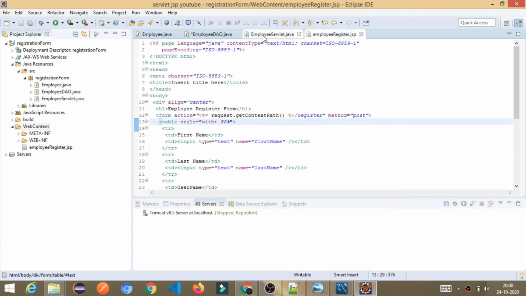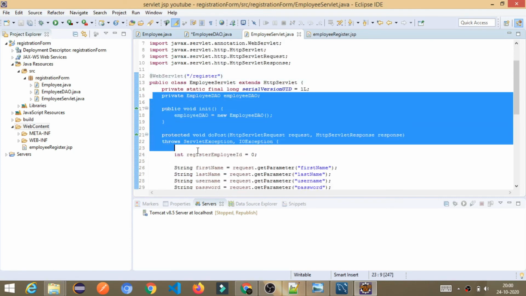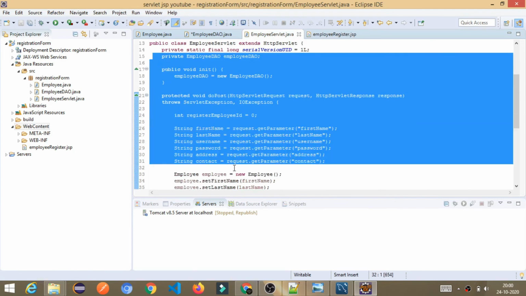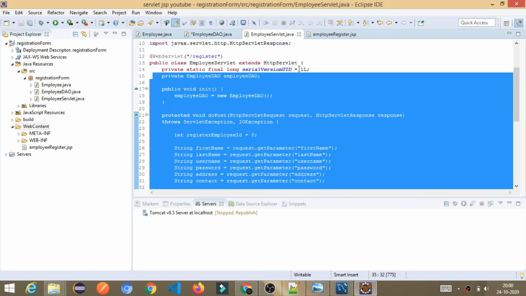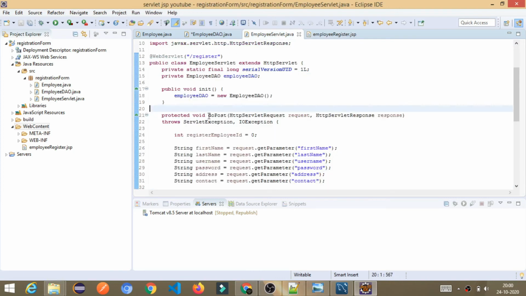So it is going to execute the logic that I explained earlier, how it works in the servlet. And see, it is mentioned as post. That's why I have specified doPost. So it will accept only post.